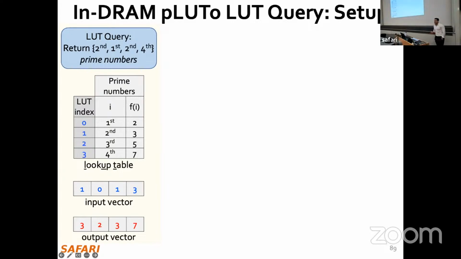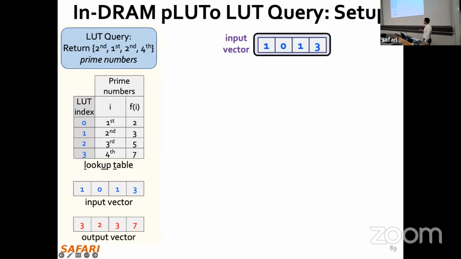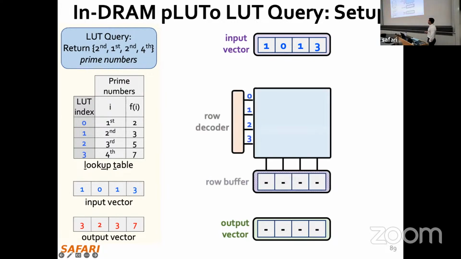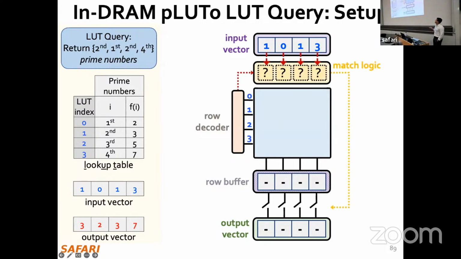So now I'm going to start mapping those structures into DRAM structures, in DRAM subarrays, and so forth. In one DRAM subarray, I'm going to have the input vector that you want to query in this lookup table query operation. And in another DRAM subarray, we are going to have the output vector, which is going to be the output of my lookup query operation. Then we are going to have the DRAM subarray which is going to store this lookup table, and we are going to append the